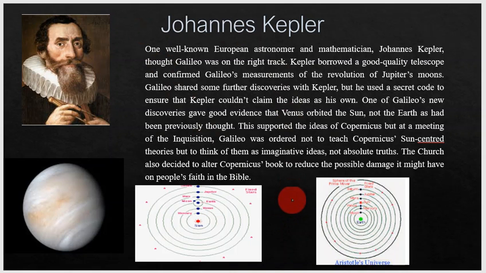So again, we can see how this Earth-centered idea is starting to shift over time, and it's starting to shift over to more of this idea. And this here is what's been proven now in modern times. This is actually what happens. This is not what happens. Even though if you look up at the sky, you can see that the sun moves through the sky, and you can easily understand why they came up with this particular idea, because it seems that way from our perspective on the Earth.